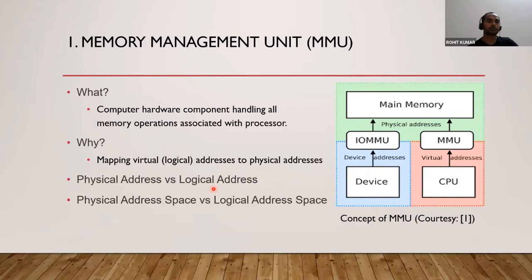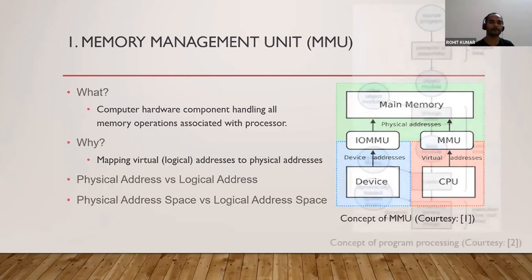Fine. So finally, what is the difference between logical address space and physical address space? Space is a constituent assembly of multiple entities of the same sort. So if we collect or assemble all the physical addresses and represent them in the form of a set, then we say it is the physical address space. In the same fashion, logical address space is the collection of all logical addresses that can be generated by a particular CPU or processor. Fine.